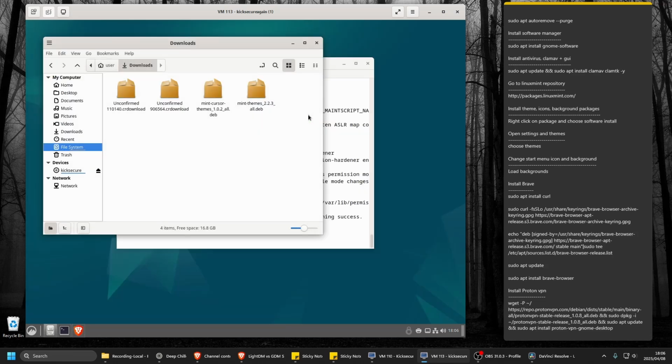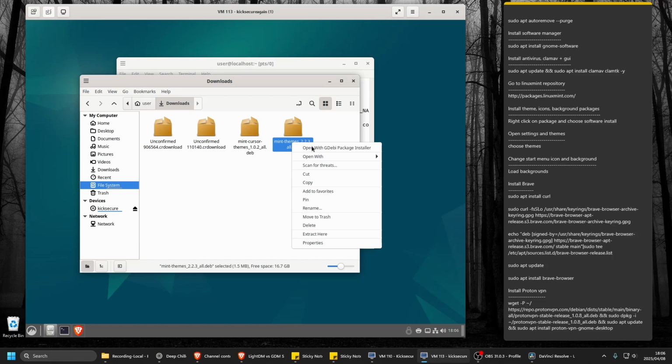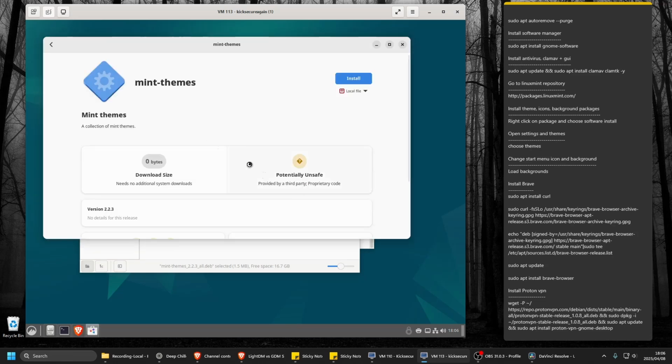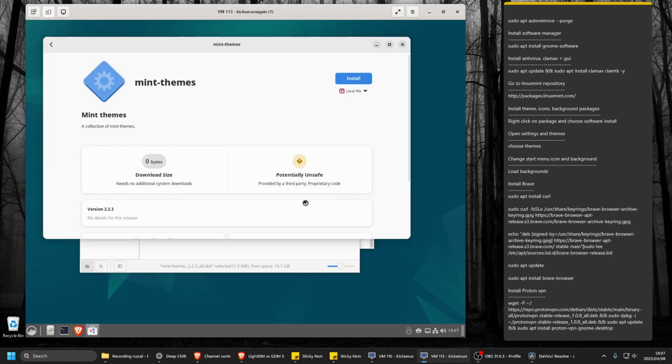Okay, so let's go, and because we installed the GNOME software, we can just right click on this and it should install. So let's go Mint themes first. So right click. You can do it with the GDebi package installer, but it didn't work for me. So go to software install, click on it, and hopefully it will work. Right, it opens your software manager, and then just say install. It brings that up, but it